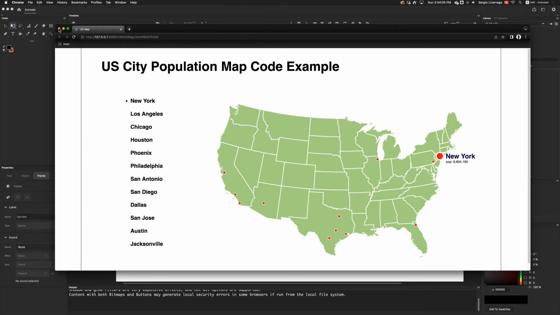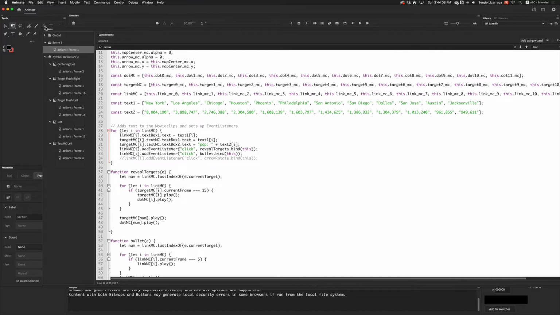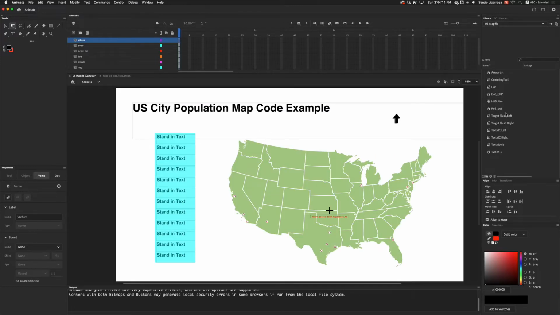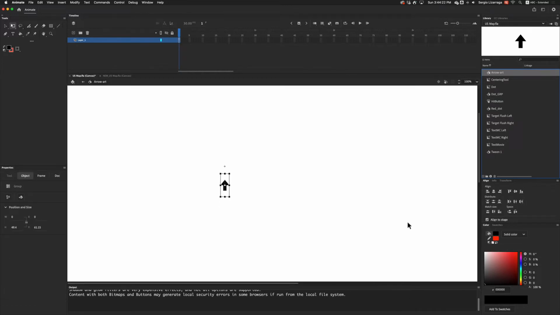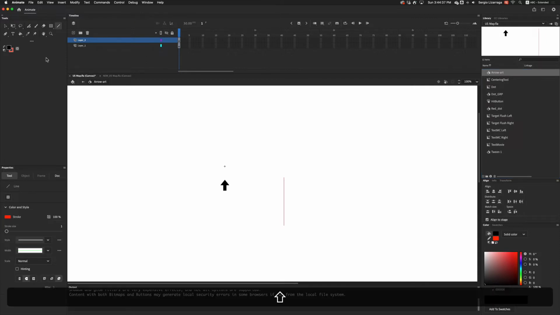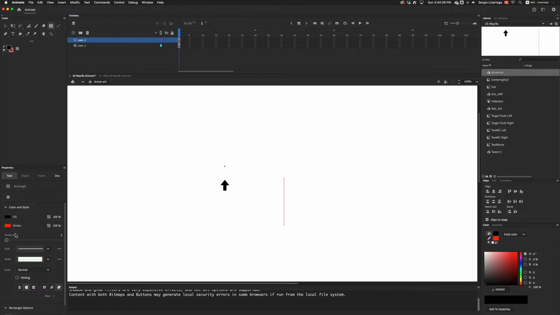And if you want to replace the artwork with something else, let me go to where the artwork is for that. In here, we'll go to the artwork of the arrow. And this is the graphic symbol that is inside arrow art. We'll double click in here and you can replace it with either another arrow or another shape altogether. So what I'm going to do here is add another layer, and I'll just freestyle draw another arrow altogether. I'll make this red, and then I'll go ahead and make a red polygon to put on top of it. So I think I'll leave the fill set to none,